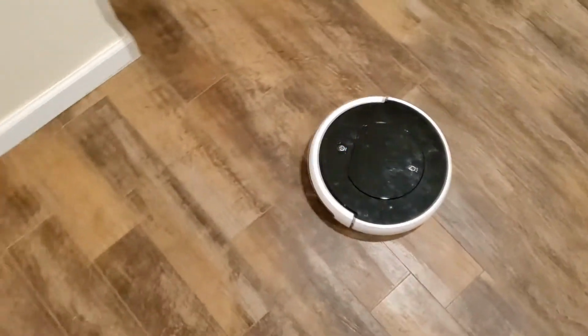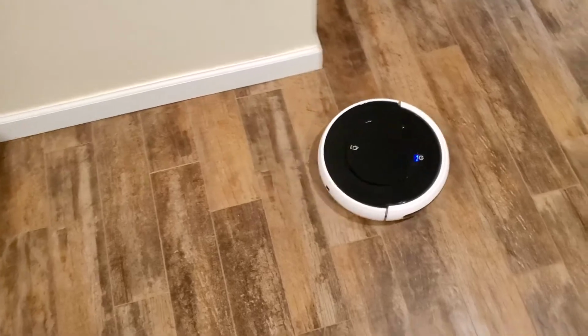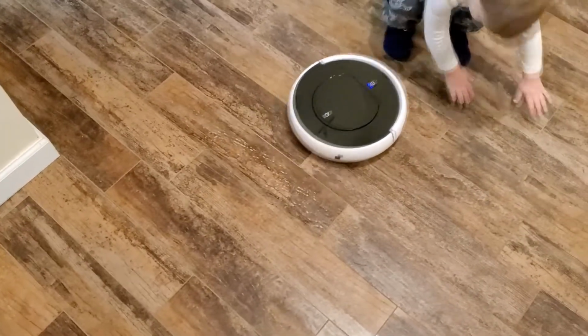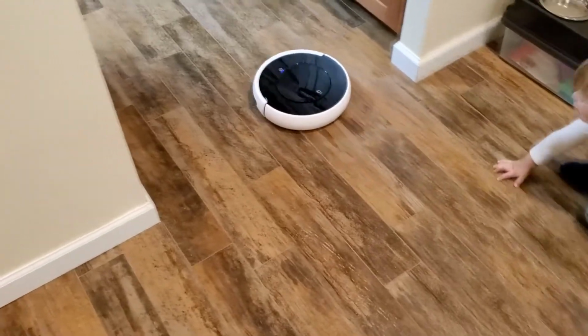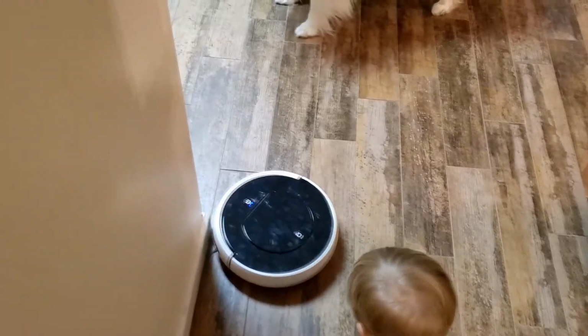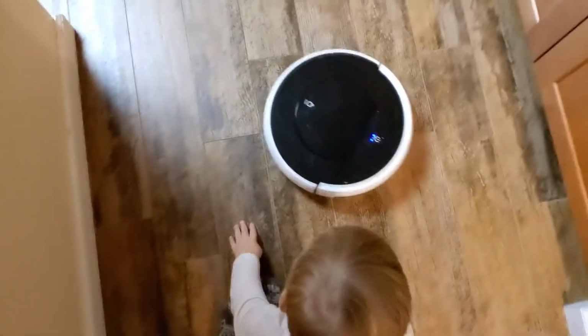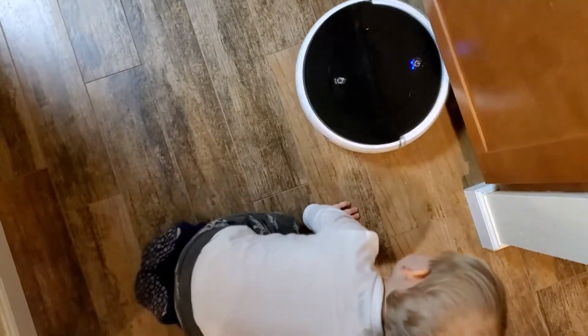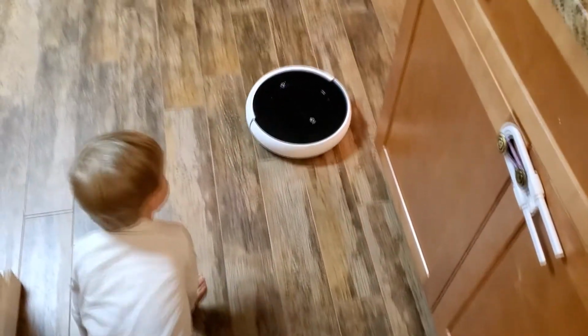The reason you're purchasing a robotic vacuum is because you don't really want to do too much work. You want the thing to do the work for you. So having to pick up your rugs might not be something you want to do, but to use this sub $100 unit, which is pretty rad, you do have to pick up your area rugs or the rugs in front of your doors, and put something in front of the transition strip. So if you put a box in front of it, it'll bounce off the box and not go over the strip. However, it's not going to be able to navigate throughout your whole